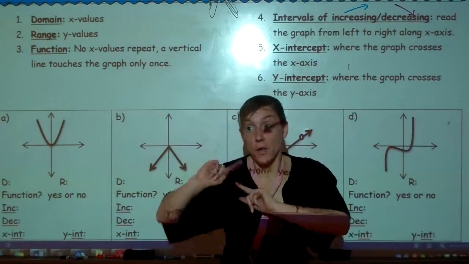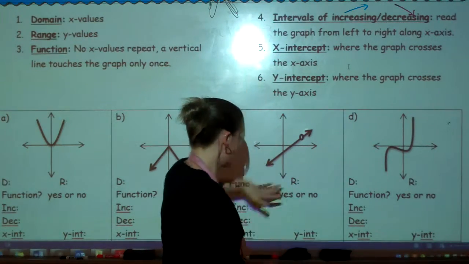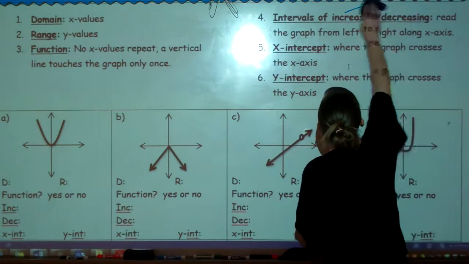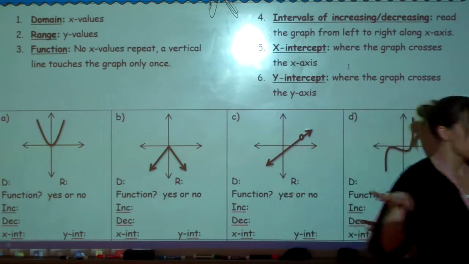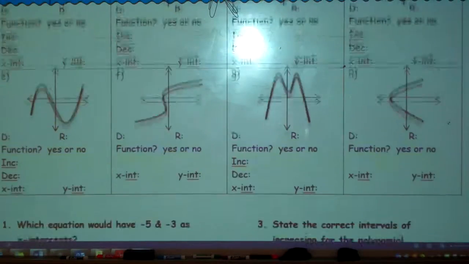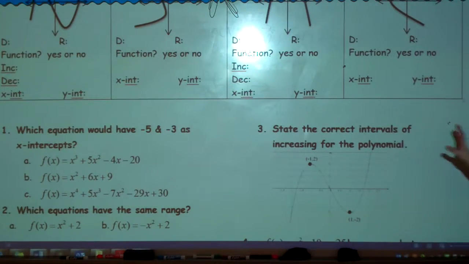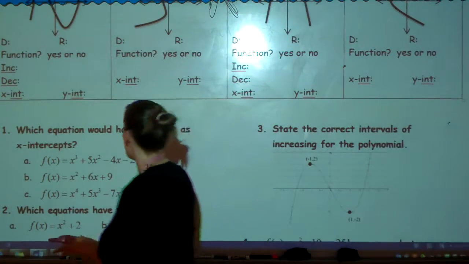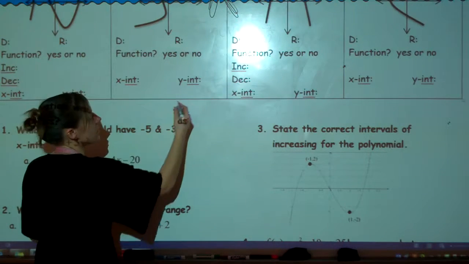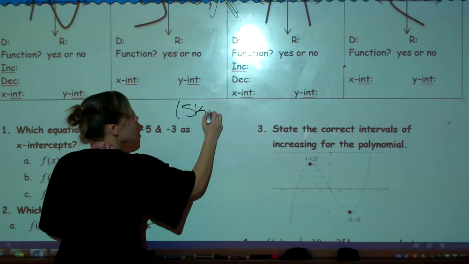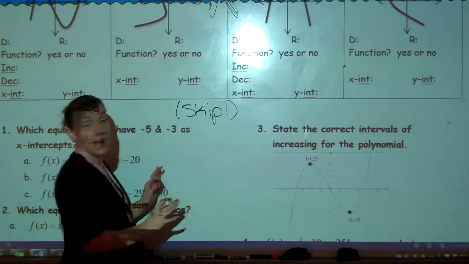Hi again. So we did the first part of domain and range. I want to do the next part in class. So this part right here, you can skip for now. Okay, don't put a big X over it or anything, but you can skip it for right now, and we'll